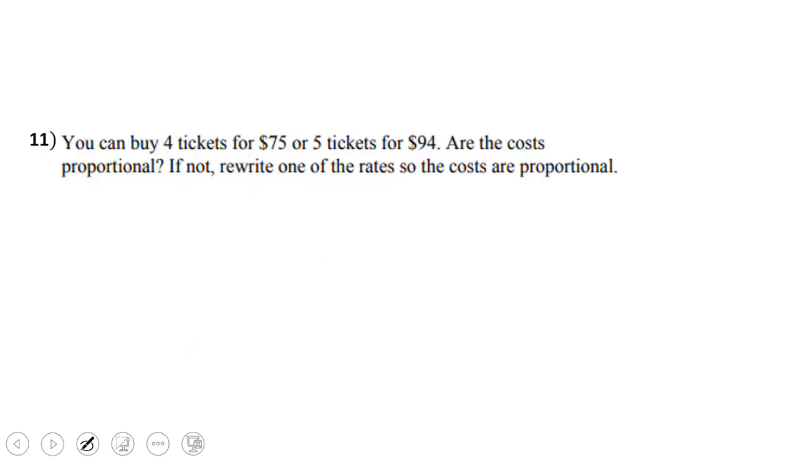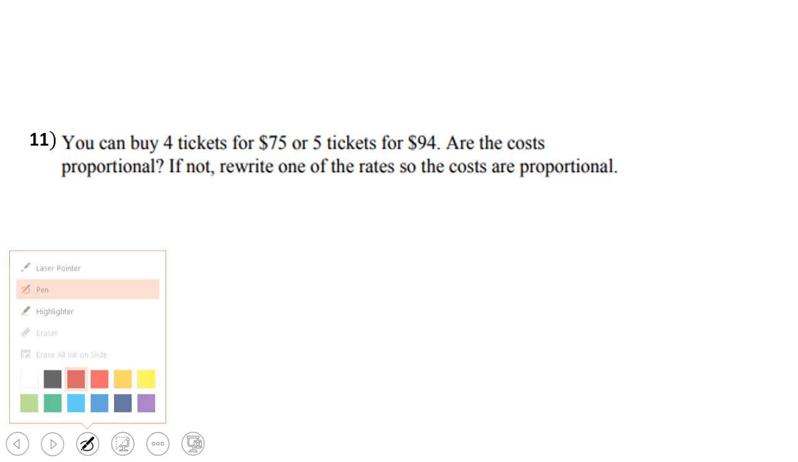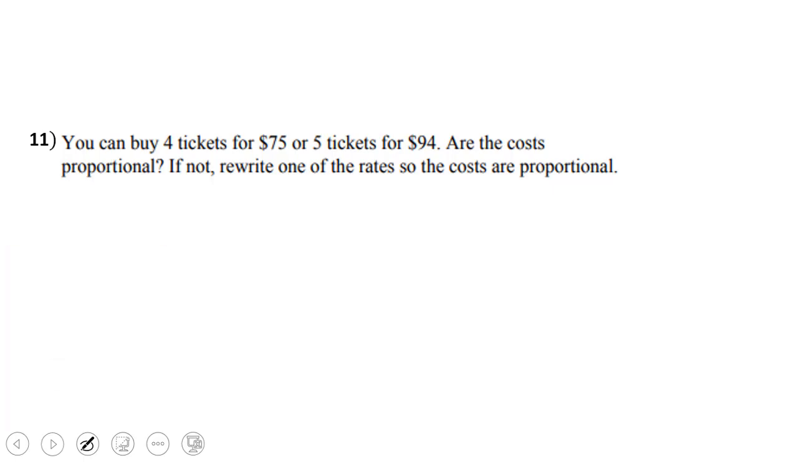Ladies and gentlemen, our last example of the night. You can buy 4 tickets for $75 or 5 tickets for $94. Are the costs proportional? If not, rewrite one of the rates so that the costs are proportional. So this is going to be an important one for you to follow through. Make sure you're listening first and write it down second. Let's find out. Write the first ratio right here. I'm going to go $75 to 4 tickets. Is that equal to